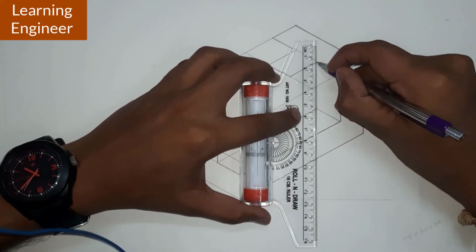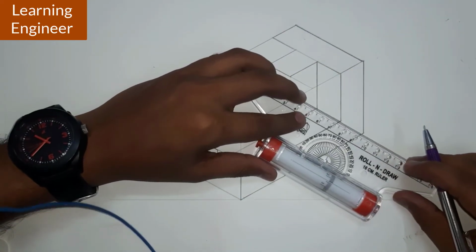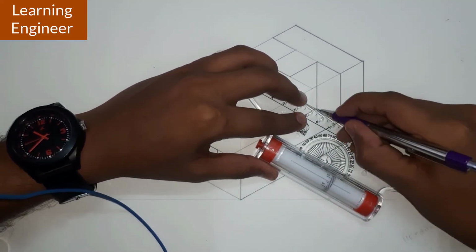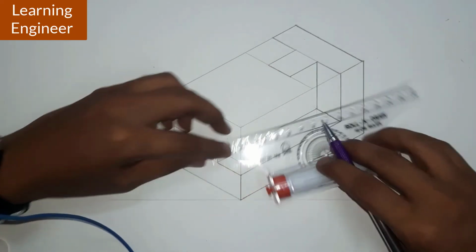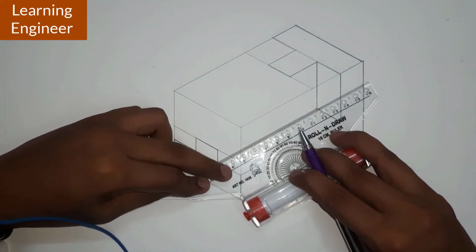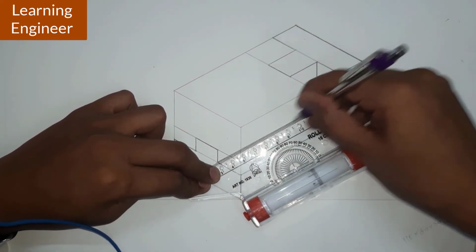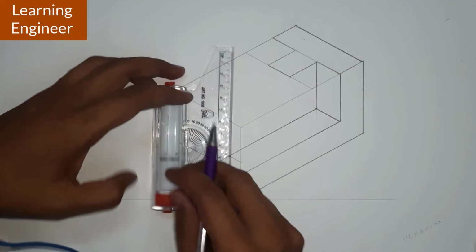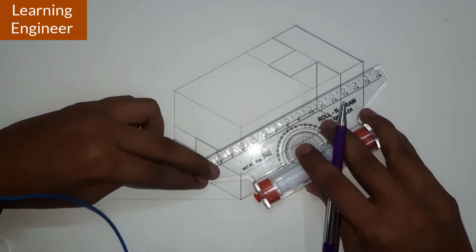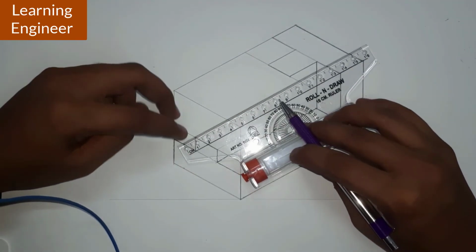Now dark this particular object that will be visible to us. Parallel to this we have to draw a line passing through these particular points,